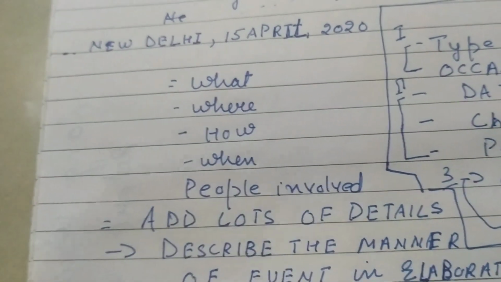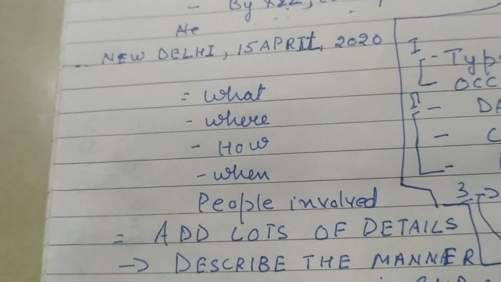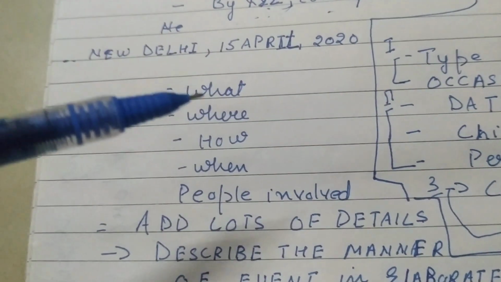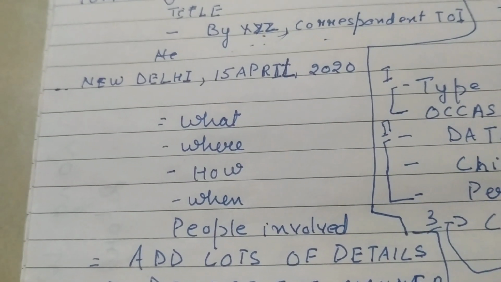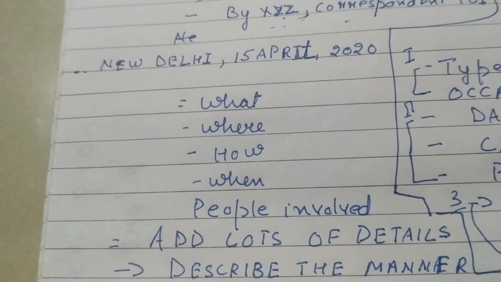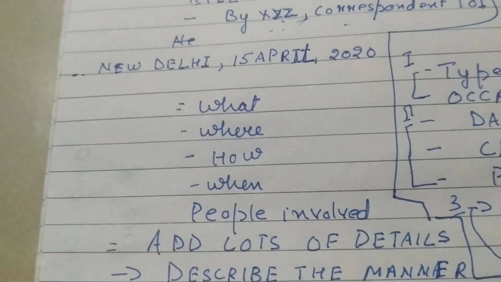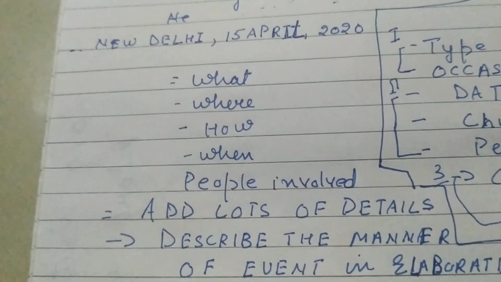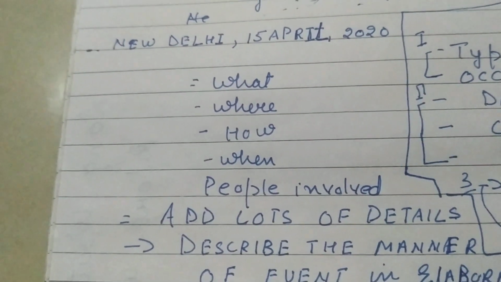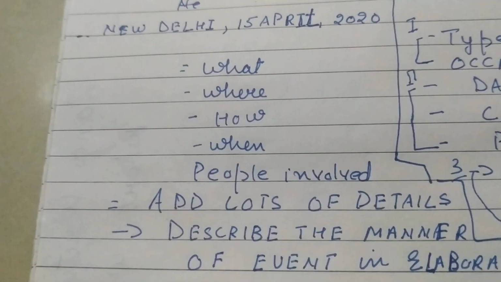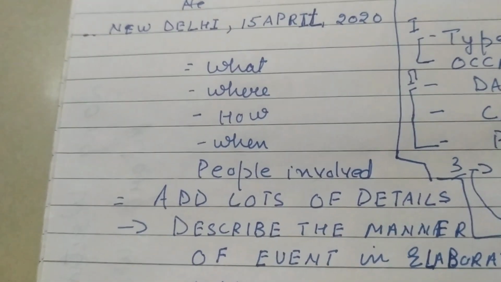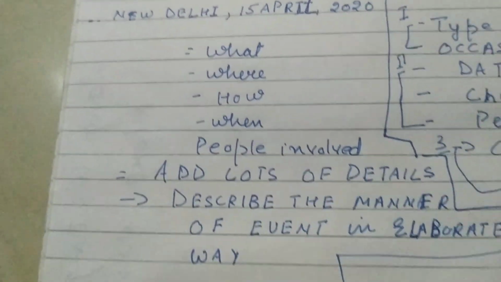These details will not be given in the statement. You have to add them on your own. Describe in an elaborated manner. Like, if you are reporting an accident, then you have to talk about how it actually happened: the bus collided with the car, and how many people got injured, how many of them, who were standing, who were the onlookers, and who were taken to the hospital, and what action was taken. So basically, you have to add details as per the statement.